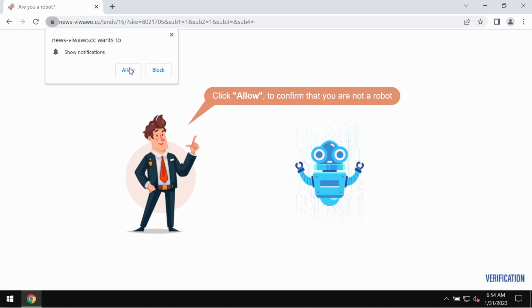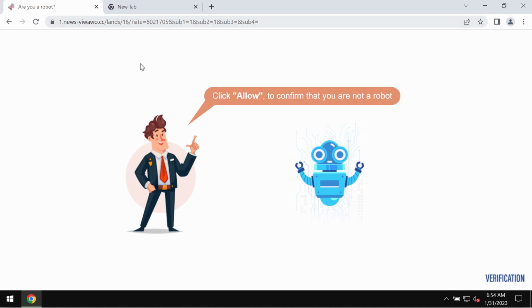It tries to make you click on this allow button, supposedly to help you prove that you are not a robot. But to click on allow is extremely dangerous. This may hijack the browser immediately with plenty of pop-up ads that will be attacking the screen in the form of web push notifications. If you have mistakenly clicked on allow, you need to fix your browser by going to